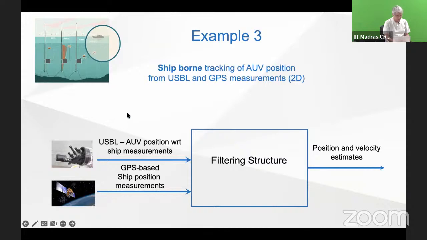You interrogate, you reply, and you get the relative position of the target with respect to the ship. So we flipped. So in the previous case, everything was running, let's say, on board the AUV. Now the shift is towards the situation where on board the ship you want to find out what someone is doing underwater. But if you think about this,